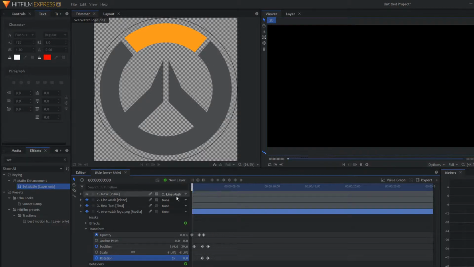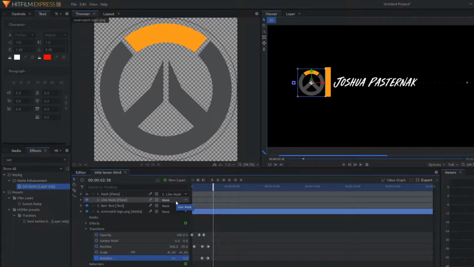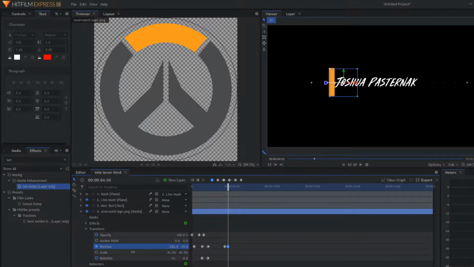Alright, so now what we want to do is right before this line leaves, we want to animate the logo going back in. So right about there. We're gonna hit go to position, keyframe it to where it's currently at, move it a little bit, and suck it back in to that. And then we're also gonna do the same thing with the rotation, where we're gonna keyframe it,